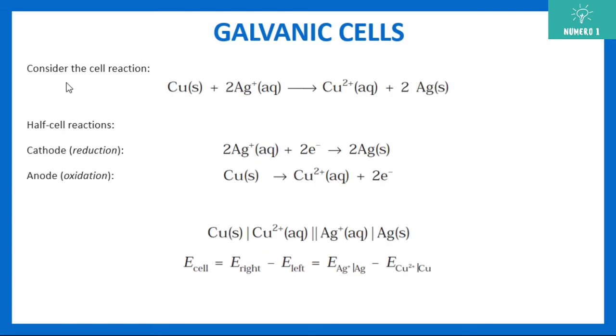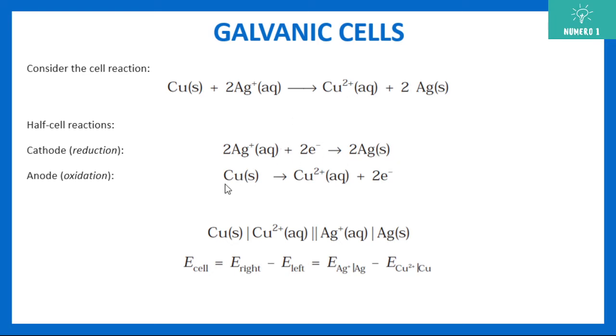Now, let's consider some examples. Here is an example of copper, okay, reacting with Ag, or like the other half is Ag, and this is actually the final reaction, which is giving Cu2+ aqueous plus 2Ag. So if we have to see what is happening, copper is losing 2 electrons, right? So oxidation is happening at anode, copper losing 2 electrons, and Ag+ is gaining an electron and getting converted into Ag solid.